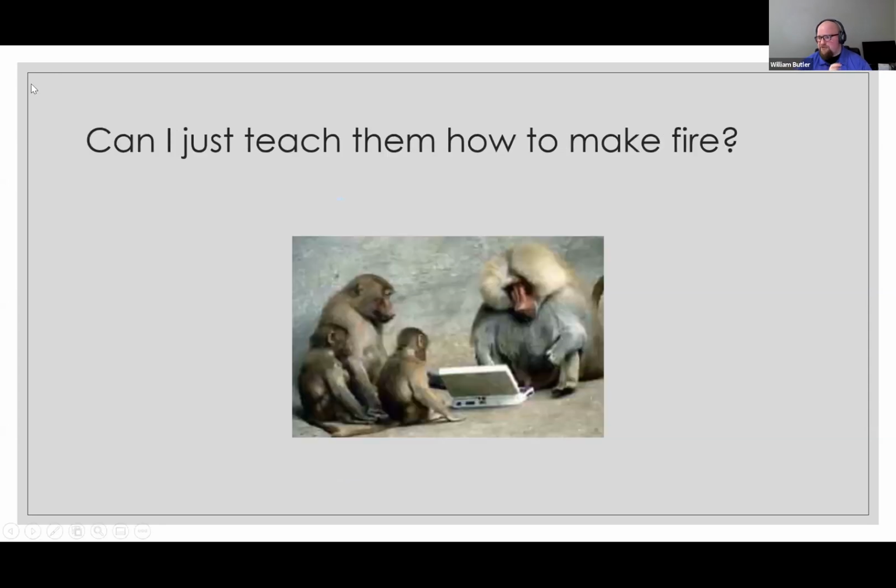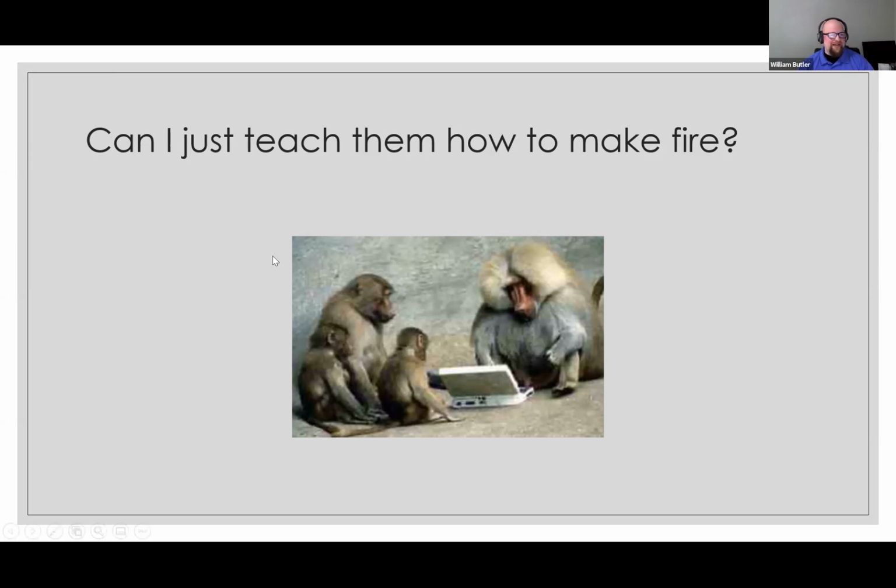And this is my image that comes up because it's monkeys typing on the laptop. I'd rather teach them fire. A lot of times it's easier to teach them my tools than it is to teach me the business. And that's the truth. And that's a hard part for our side of the fence as far as the data people understand. First two rules, get the funding, get the money for the project. Second rule, the business owns it. Now the third rule is remember rule 1 and rule 2,